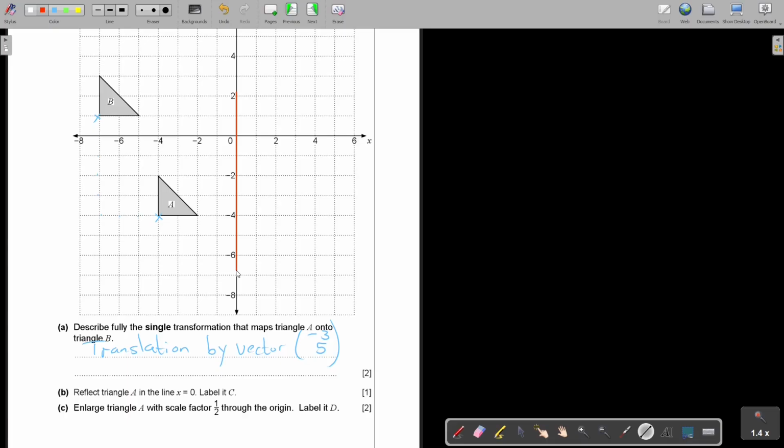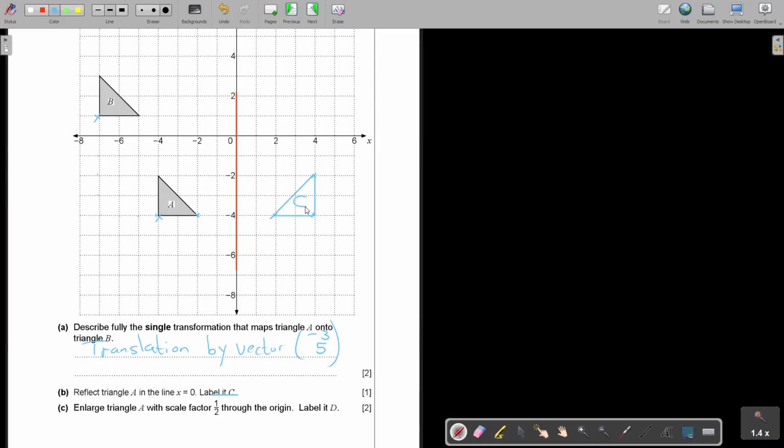So if I reflect, I do the same. I take this angle and I count 2 and I count 2. And I count 4 and I count 4. And I count 4 and I count at a 90 degree angle to the line of reflection. And now I'm just going to draw it. So it's just going to be like this. Okay, let's just redo it. It's going to be like this. And always see what they say. They say label it C, so very important to label it.